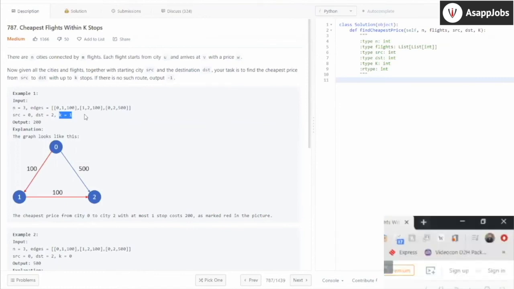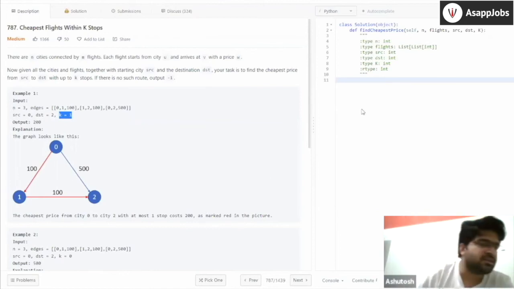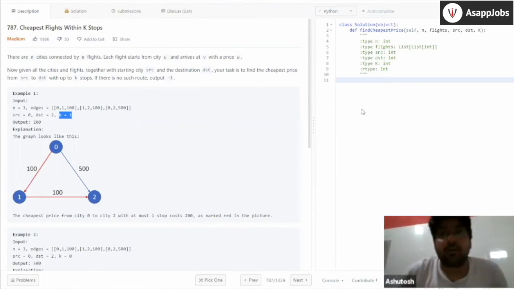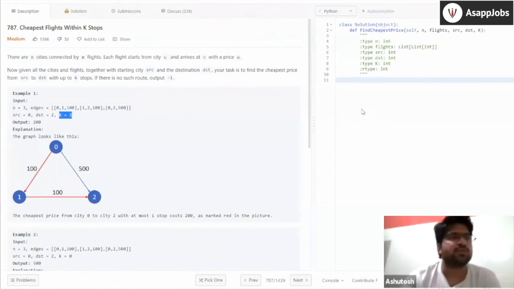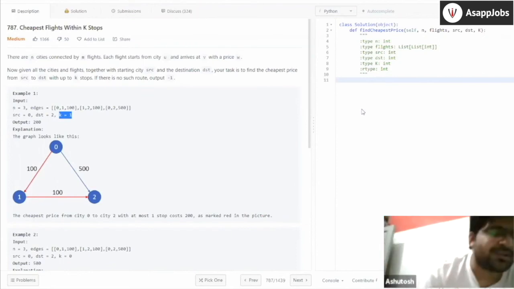That's right. So what you can do is you do the same as Dijkstra, just add one more constraint on the number of edges. So you simply add one more constraint on the Dijkstra algorithm. If the number of edges is more than k, then you don't consider that path. If at any point you see that you already traveled more than k edges, you don't consider any more paths for that edge.